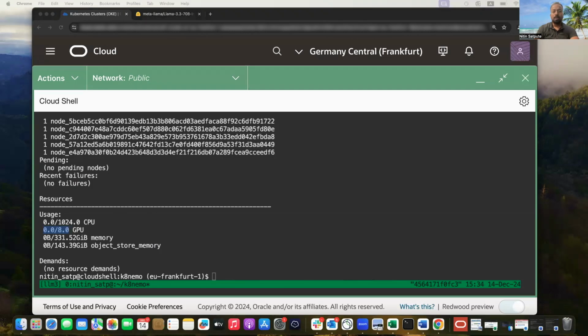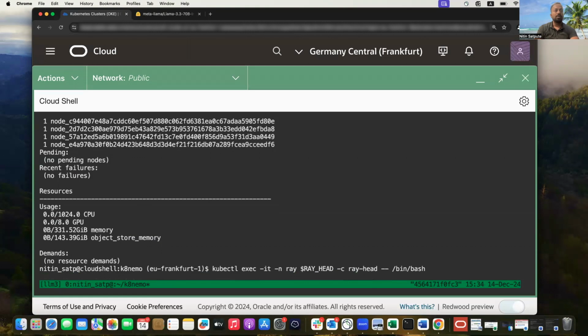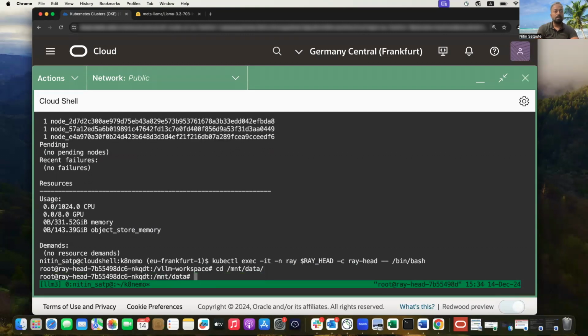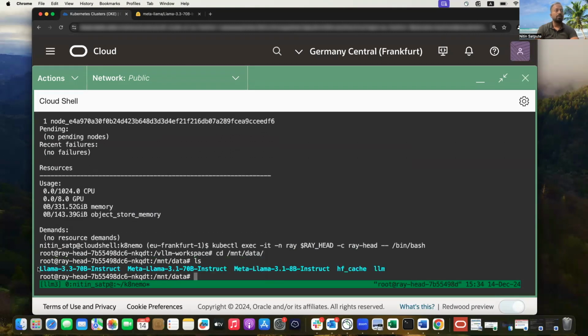So like this, we have already deployed, and the services are already running for load balancing and everything. What we will do now is go inside one particular node, which is the head node, and then try to execute. But before that, I want to show you where exactly the shared mounting point is loaded. It's loaded somewhere here. I have already downloaded 3 models, which are Llama 3.3, 3.1, and 3.1 8 billion parameters. That's important in order to